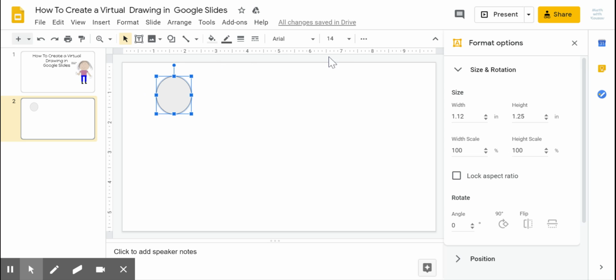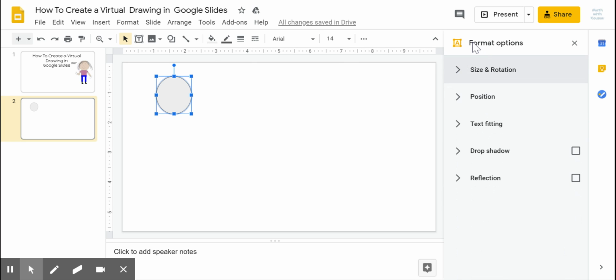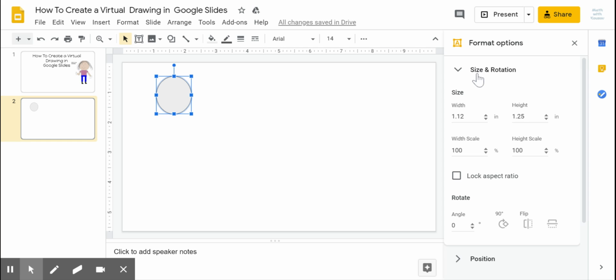All right, and that'll get me a menu that looks like this. So this Format Options menu, and then you want to click on the Size and Rotation button on the menu. That Size and Rotation button will come up, and it'll show you the width and height. Now, obviously, in order for this to be a circle, the width across and the height need to be the same, or the width across and the height of a circle is considered the diameter, right? So I'm going to pick easy numbers for this. I'm going to make it 1.2 and 1.2,